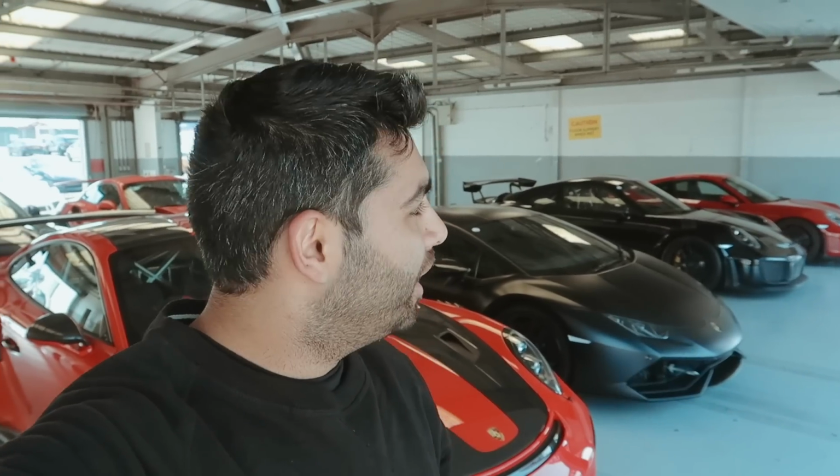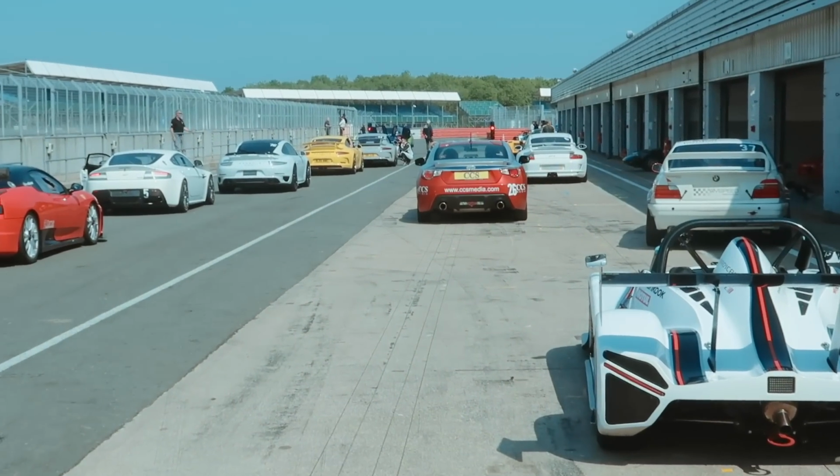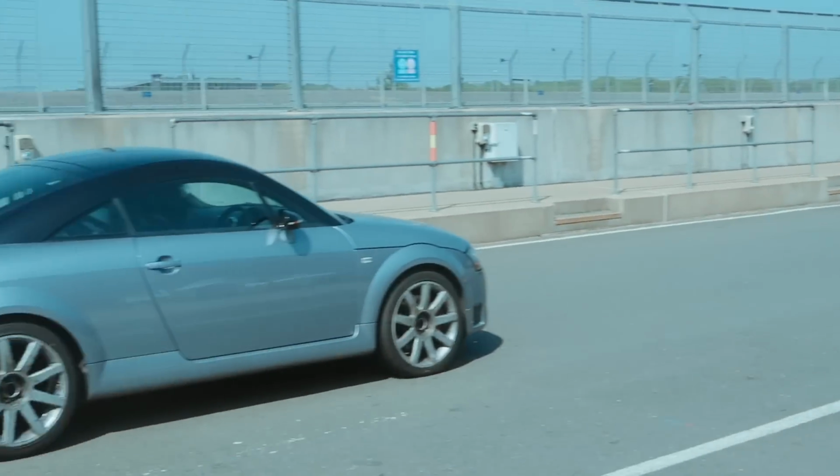Can't get over it, the crazy cars that are here. I'm going to try and stay inside because it's quite a breeze, but there's been, I think, a red flag, so all been stopped. So I'll show you outside what it's like, just so you can understand how many cars there are here, what kind of cars there are, because everything's stopped now, so everything's off the track. Now check this out, all down there, all the way down to the end, all queuing up. And as I zoom out,